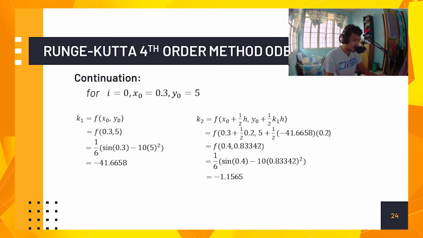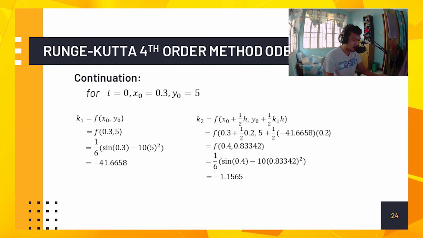That will give f of 0.3 comma 5, which is equal to 1 over 6 times the quantity of sine 0.3 minus 10 times 5 raised to 2. That will give an answer of negative